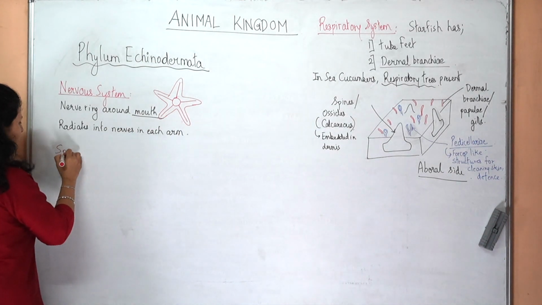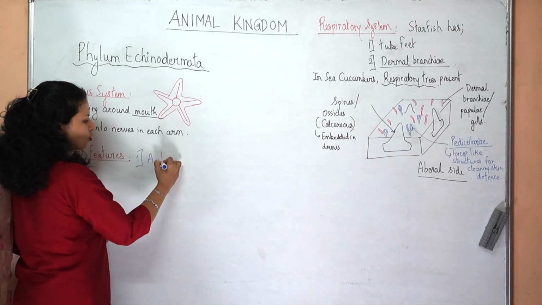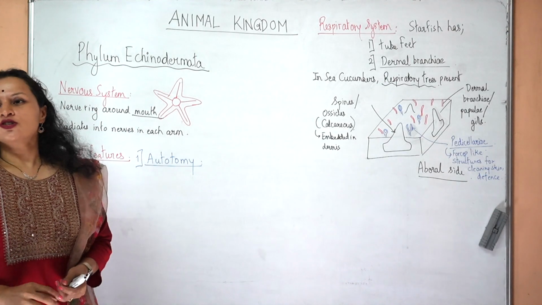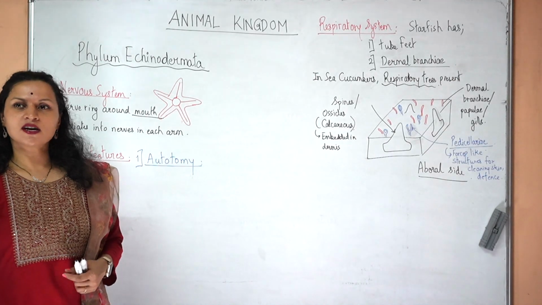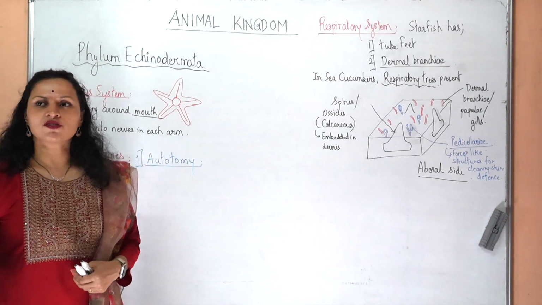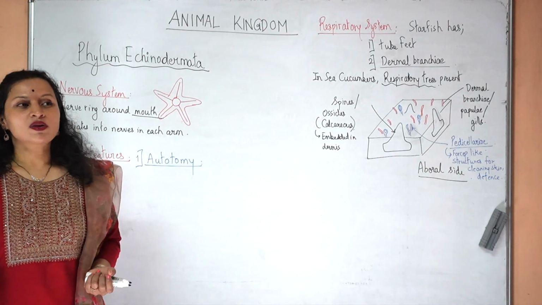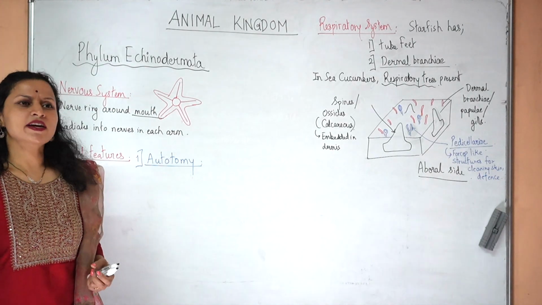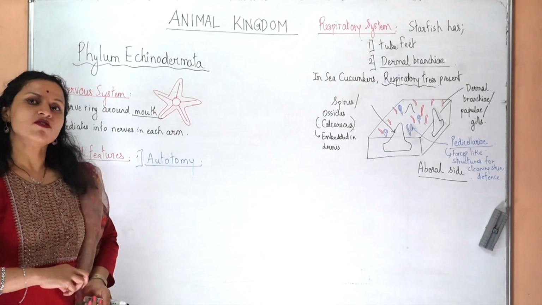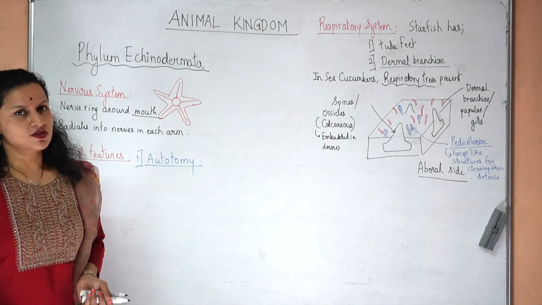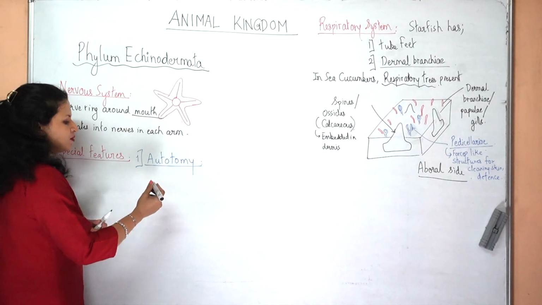Some special features. Number 1, autotomy. Echinoderms are known to just separate parts of their body in self-defense. If a predator comes around them, they will just amputate one of their arms on their own, just like how a lizard does. That will keep the predator engaged for a while, the echinoderm will escape, and it has the ability of regenerating that part as well later on. So autotomy is self-amputation